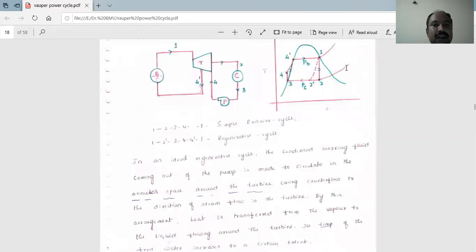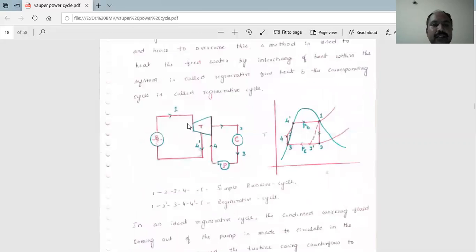Here the boiler produces steam. That steam passes to the turbine, where the expansion process from 1 to 2 takes place, then it passes to the condenser. Here the condensation process takes place, and the condensed fluid is passed once again to the turbine through an annular casing of the turbine. This is the complicated phenomenon.